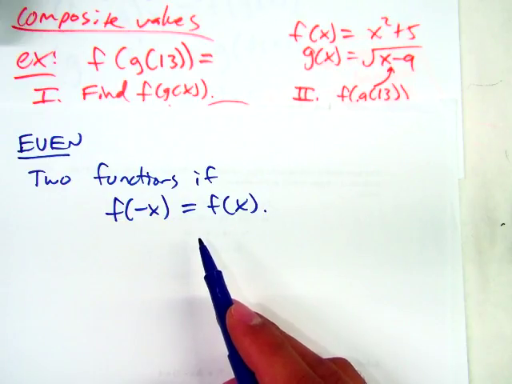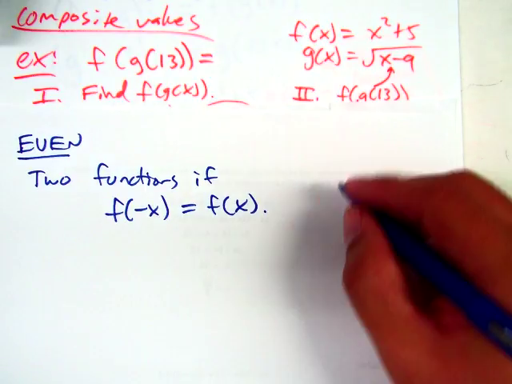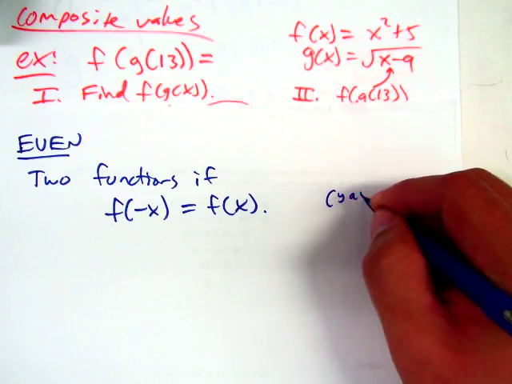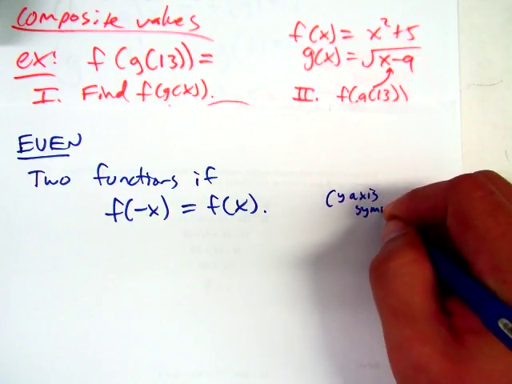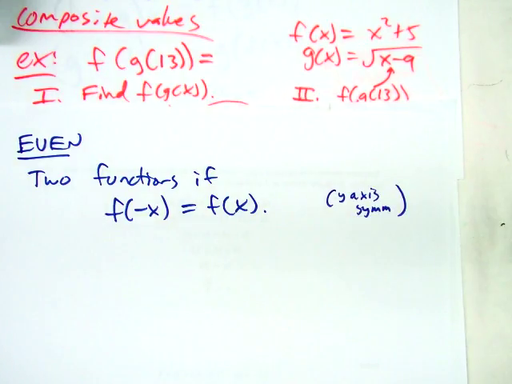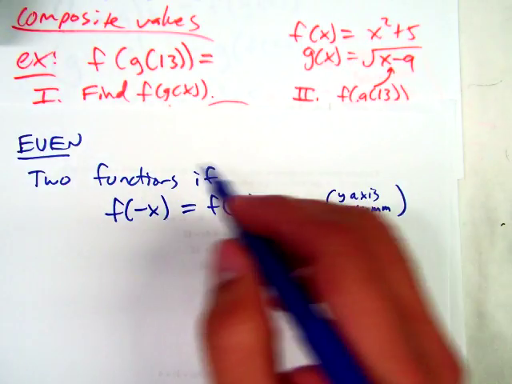What about symmetry, guys? Where have we seen something about symmetry where you plug in negative x and it's still the same function? There you go. This is very much the same as y-axis symmetry. Okay? So if you remembered y-axis symmetry, you can determine if something is even just by looking at the graph again. Algebraically,